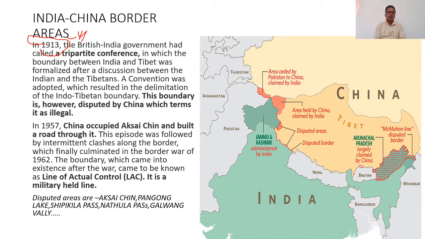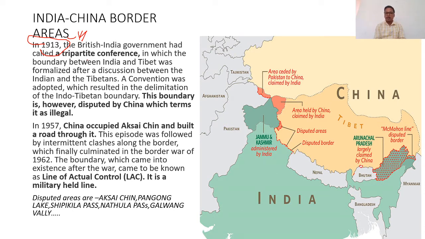I was also talking about this in the offline class, in my very first class, that there was a similar agreement. In that agreement, it was 1914. Though here it has been written 1913 when it started, exactly it would be 1914. तो यहाँ पे 13 लिखा है और उसको थोड़ा करेक्ट कर लेना, ये 14 है। वहाँ पे क्या हुआ था? That means the Simla Conference or the Simla Agreement, a tripartite conference.